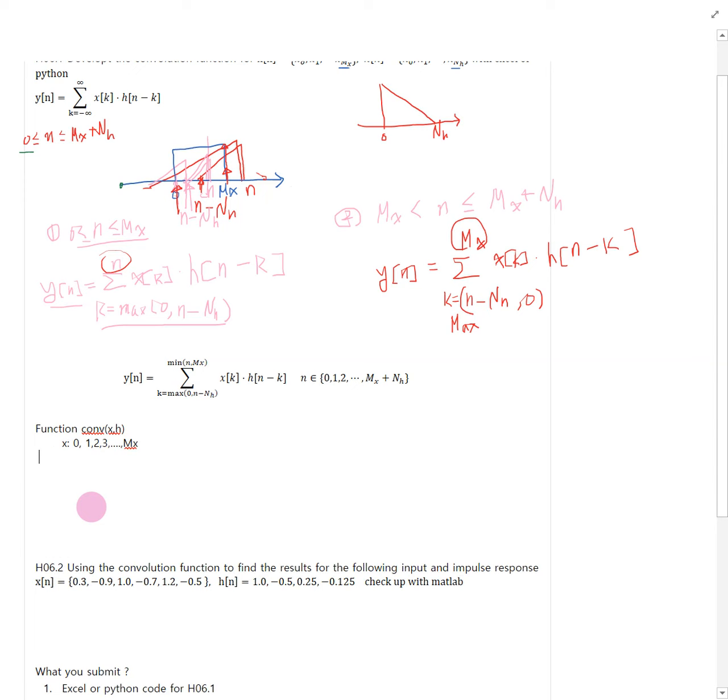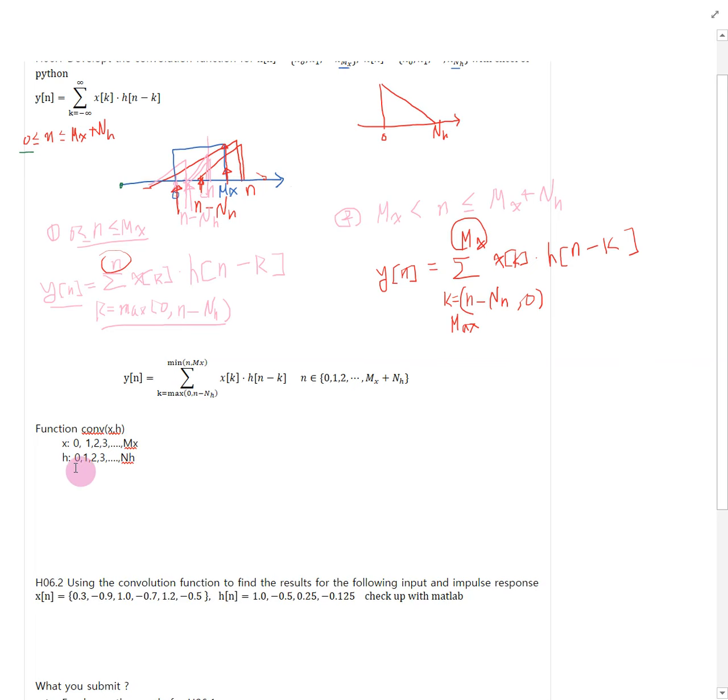And h, we need to figure out this one: 1, 2, 3, and the final value is nh. So we need to figure out what mx and nh are after getting these arguments, and then we need to calculate the output. The y sequence will stretch from 0, 1, 2, 3, and the final value is mx plus nh. So this is the